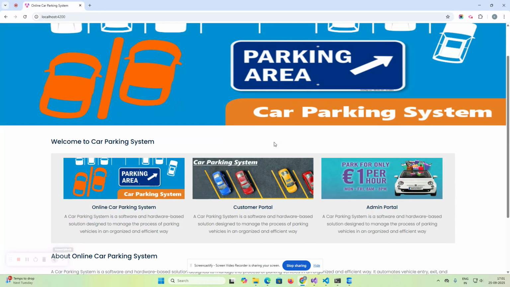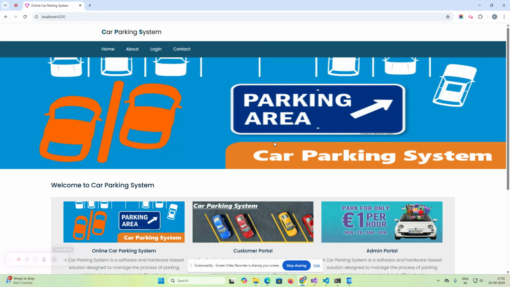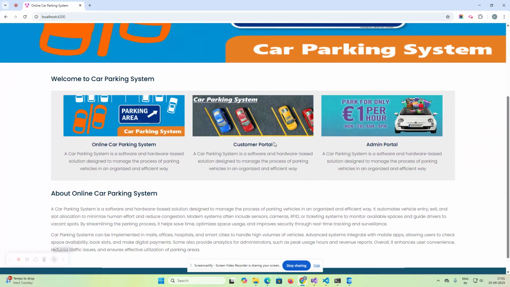So I will explain the features first, what I have implemented, what features are available, and after that I will go through all of the code that we have written for developing this project, the car parking system, right? This is my first project which I developed at the request of one of the students. So it will clear your concept of how you can develop the API on .NET, ASP.NET Core, and how you can use those API on the front end side, that is the Angular. If you want to change Angular to React, you can easily change it also,